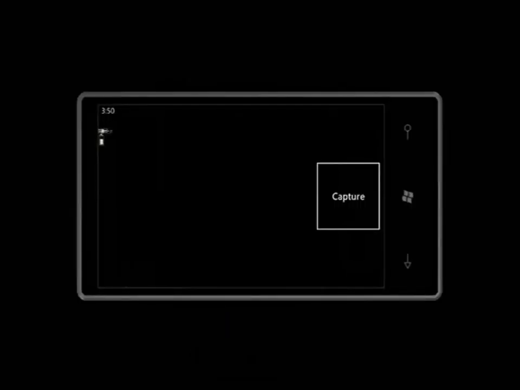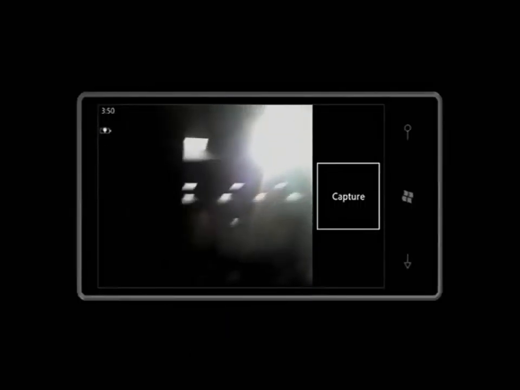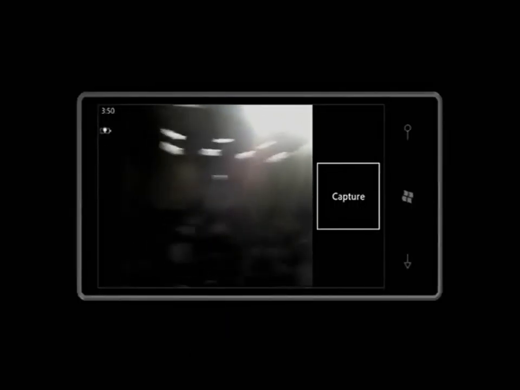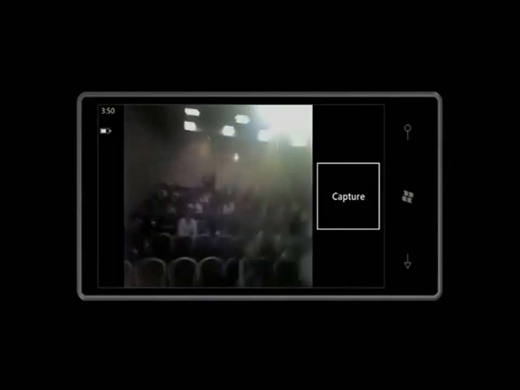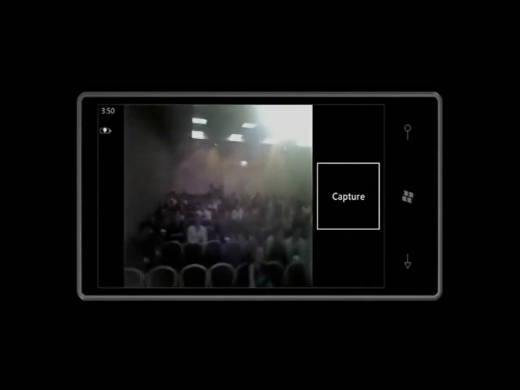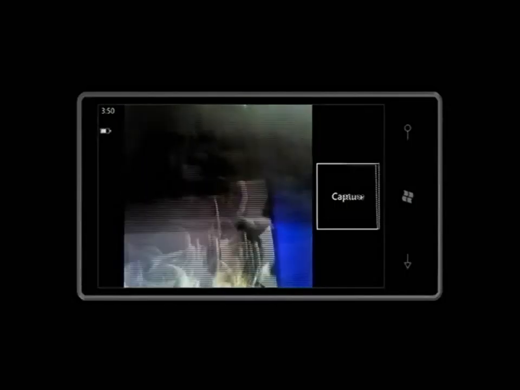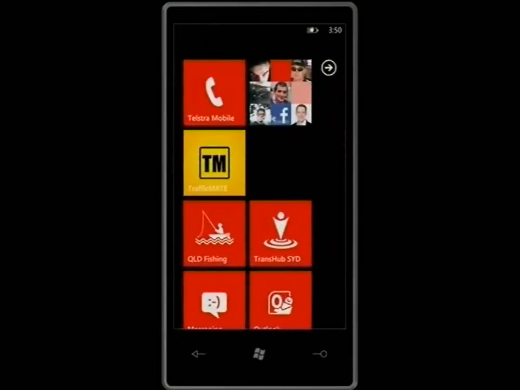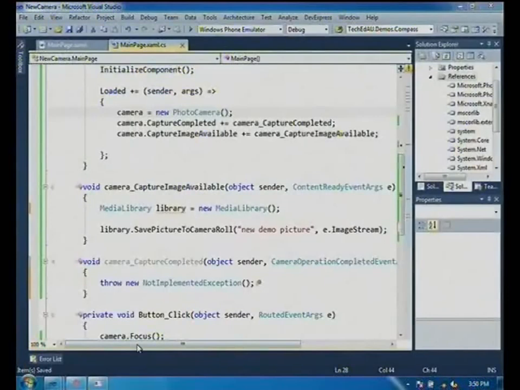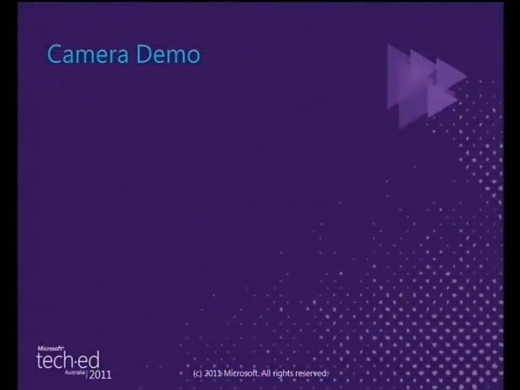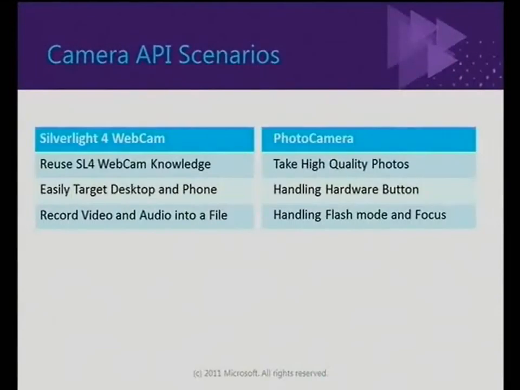I'll show the camera feed again. So the interesting thing about this, even though you get raw access to the camera feed, it's 10 frames a second. So it's enough to suffice the AR demos. But if you need more than 10 frames a second, come and see me afterwards, and I'd love to have a chat and talk about the scenarios of what you want to use it with.